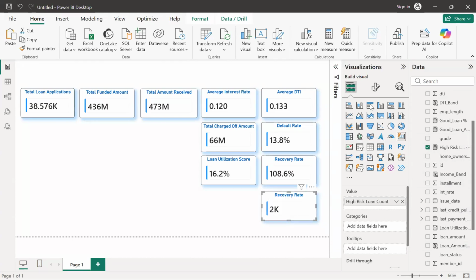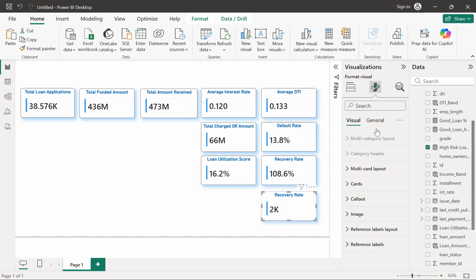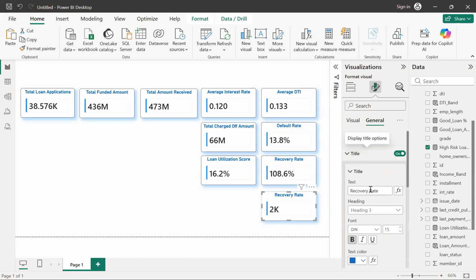Now this number comes out to be 2000. It means that there are a total of 2000 customers for whom the DTI value is greater than 0.2, and the interest rate is greater than 15%. Okay, so I can simply write it as high risk